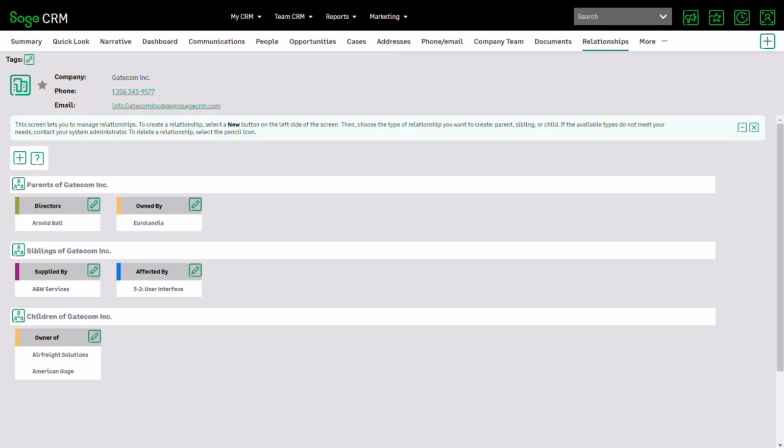I can see that I have got customers that have additional directors who are here. I can see that there's ownership of other companies. I can see that there are also relationships which are not vertical in nature, but rather they are associative. And there is a big difference in the way in which we can define relationships within Sage